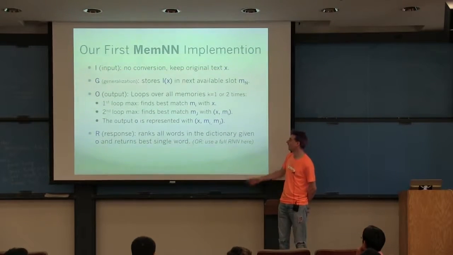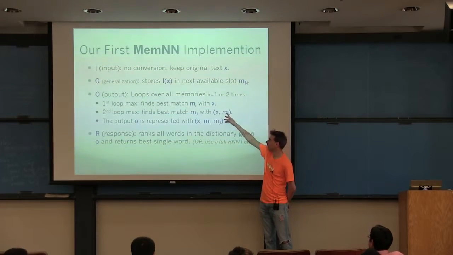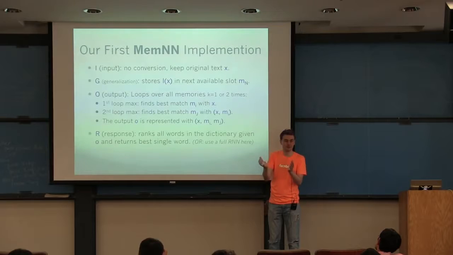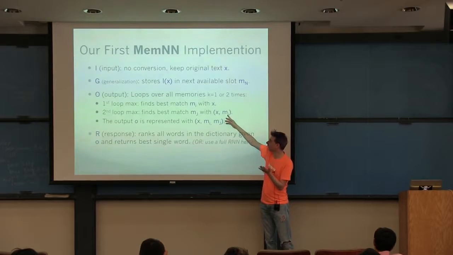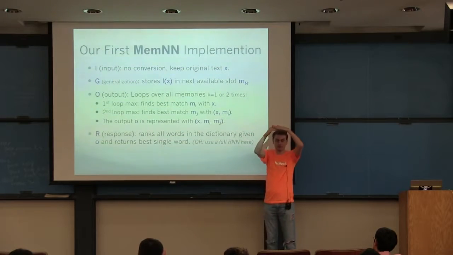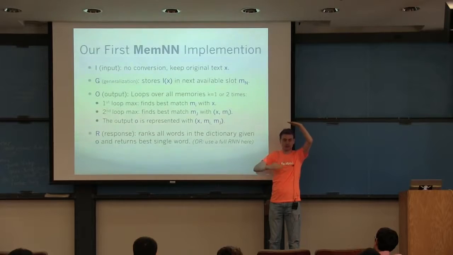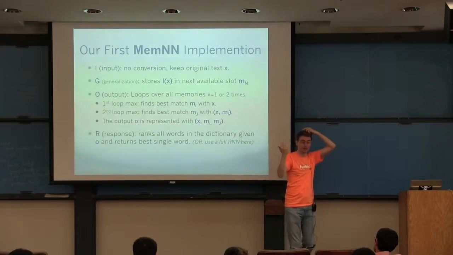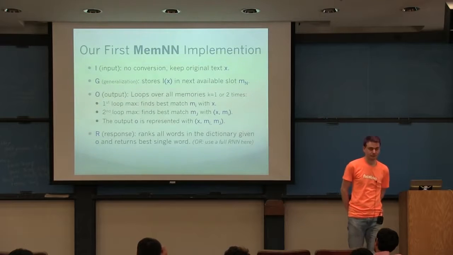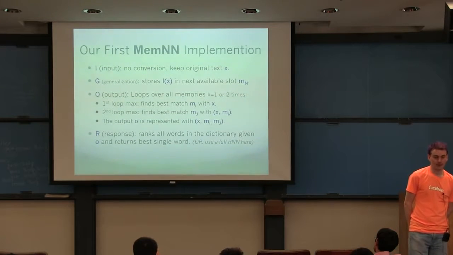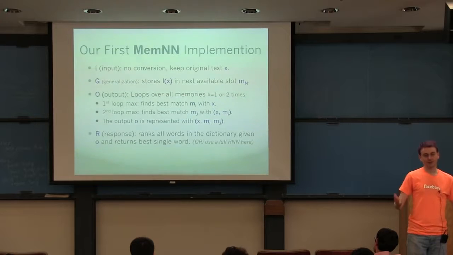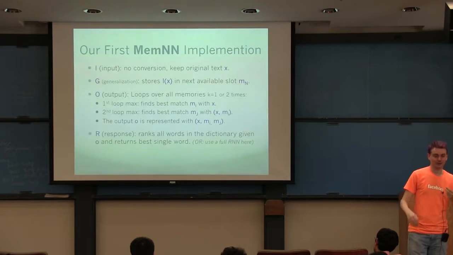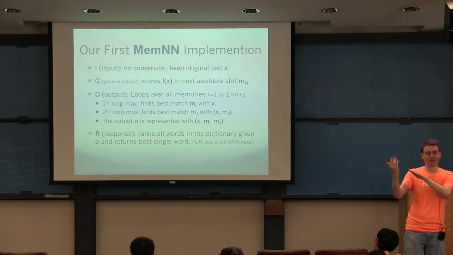Basically, one way would be that the memory MI, when you express it in your matching function, needs some feature which represents time. The time is basically the index, because we're always storing them in order. If you have a feature which is the index, and the higher the value the more it boosts the score, then if you wanted to find the most recent one, adding that index could boost the ones that have a larger index.